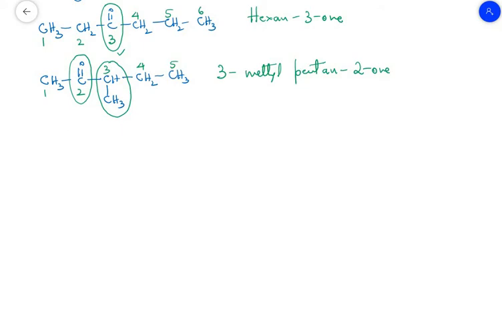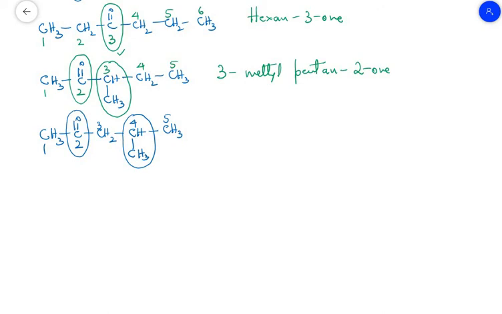Now in the next example of the same, we write CH3, C double bond O. Here we do not have the substituent CH3, but at the 4th position we write one methyl group. So the structure now becomes, if I start writing the numbers, 1, 2, this is 3, this is 4 and this is 5. At the fourth carbon atom we have a substituent called methyl, and our functional group is present at the second position. So the name of the compound becomes 4-methylpentan-2-one.